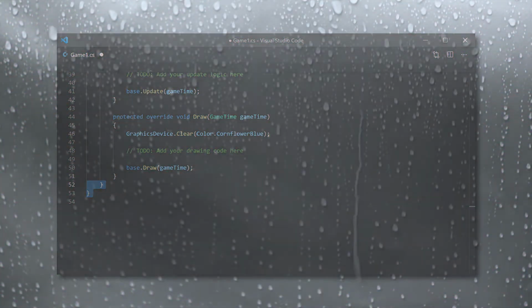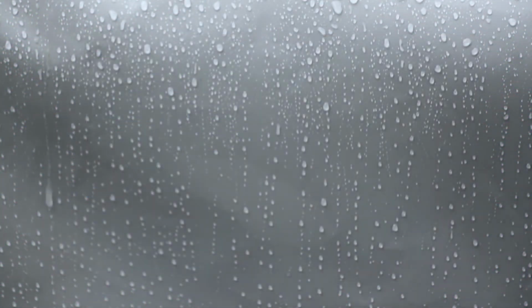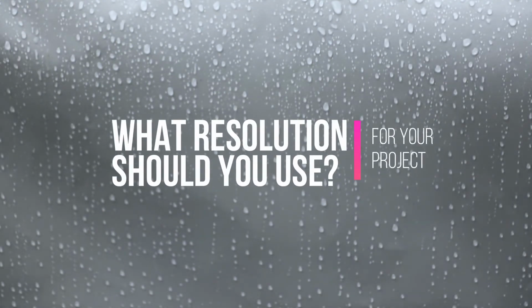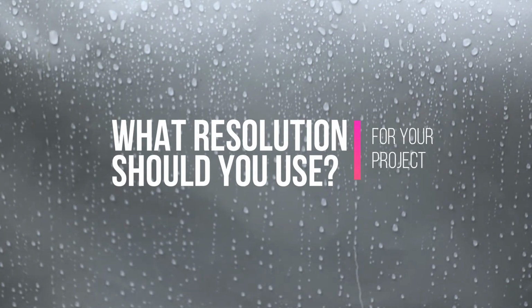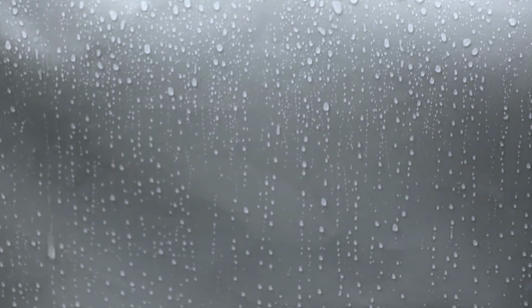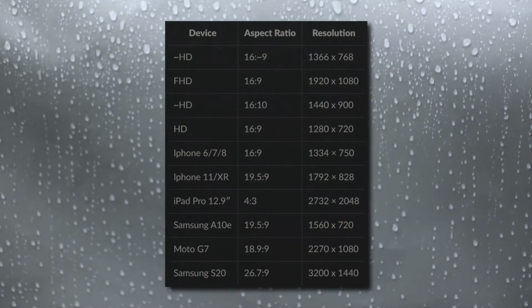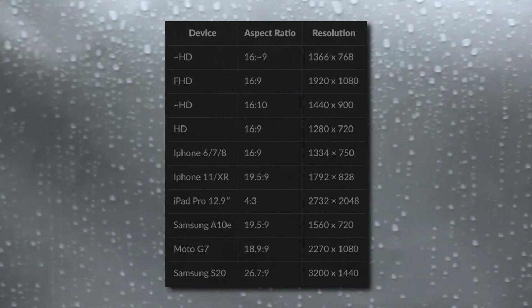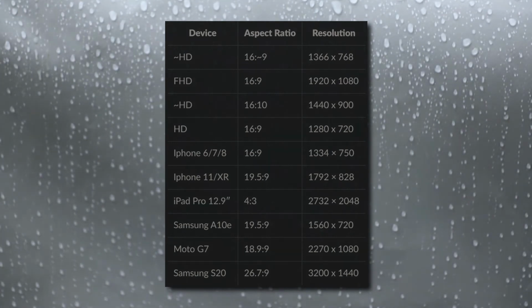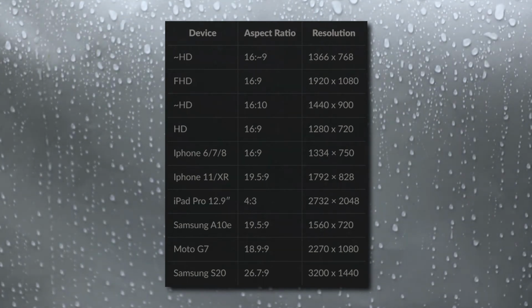One of the first things you should decide before starting any project is figuring out what resolution you want to target. The resolution will inform all your decisions from art to layout, and it's important to have it in mind when you start. While consoles have stayed pretty consistent with supported resolutions, and desktops to a certain extent, the mobile market has a wide variety to choose from. In front of your eyes is a chart of some common resolutions, but make no mistake, there are way more than I'm showing you now.